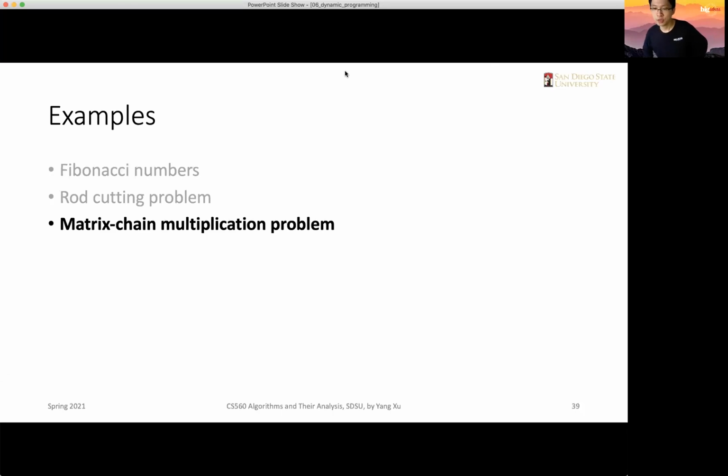This is a new algorithm, or new type of problem, that can be solved by dynamic programming. It's called the matrix chain multiplication problem. All right, so